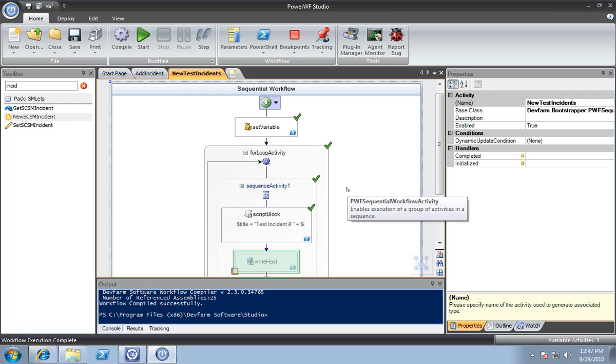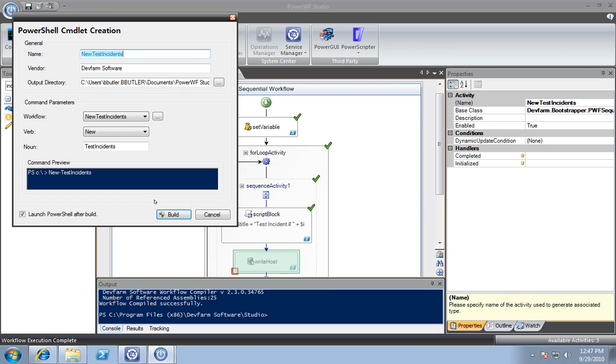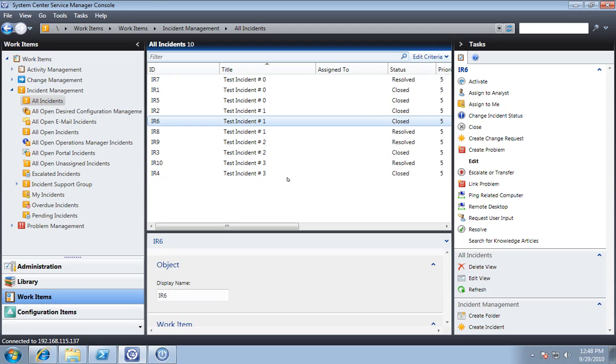Now that's nice, and it'll be great in the next video, but the next thing I just want to demonstrate is you can deploy this as a console app and run it from the prompt, or I can create a cmdlet, and let's just do that. So use the UAC, create a cmdlet, and now at the PowerShell prompt I can say New-TestInstance, and it's going to ask me for the number of instances I want to create. So I've now even created a cmdlet which I could use. It can either be rediscovered within PowerWF and used in other workflows, or just be nice for utilities. So let's see if